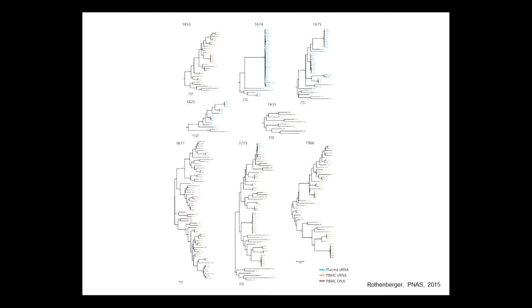If it's one cell that activates, or two adjacent cells that activate and start making virus, this is what you'd expect to see in the peripheral blood at the time of recrudescence. You'd expect to see one clonal population expanding. If it's multiple sites of activation from multiple cells, you would expect to see these patterns more. And that's exactly what you see in almost all but one of the patients. I forget what the total N was, 14 patients or something. This is what we saw, and in only one patient did we see this. You saw a little bit more clonal here, but all of the rest of them